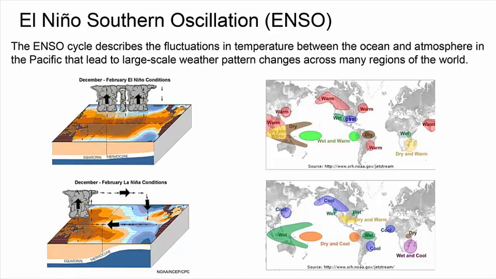Wait, are those the same thing? Is it like the high end of the cycle is one of those, the low end of the cycle is the other? Yeah, so this is the El Nino phase where you have warm temperatures over the sea surface, and this is the La Nina phase where you have cooler temperatures over the surface. And then here is showing the related changes all over the world. With the El Nino phase, which we just had in 2016, you have much warmer conditions. It shows you where it's warm in the world, and in the La Nina phase, it shows you where it's cool, and also precipitation where it's more wet and more dry.